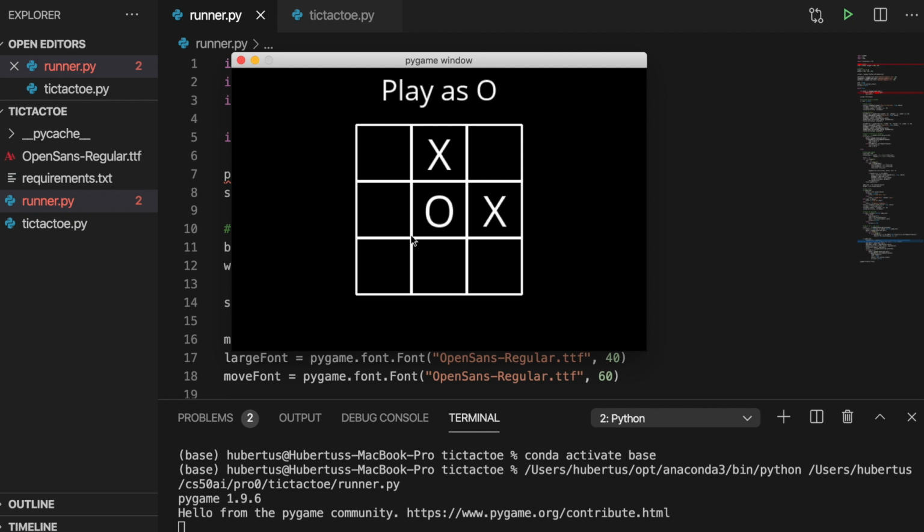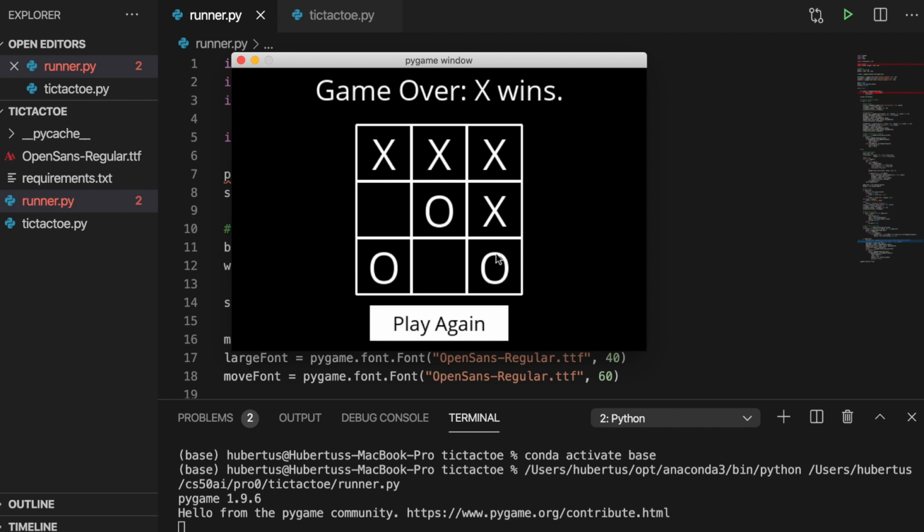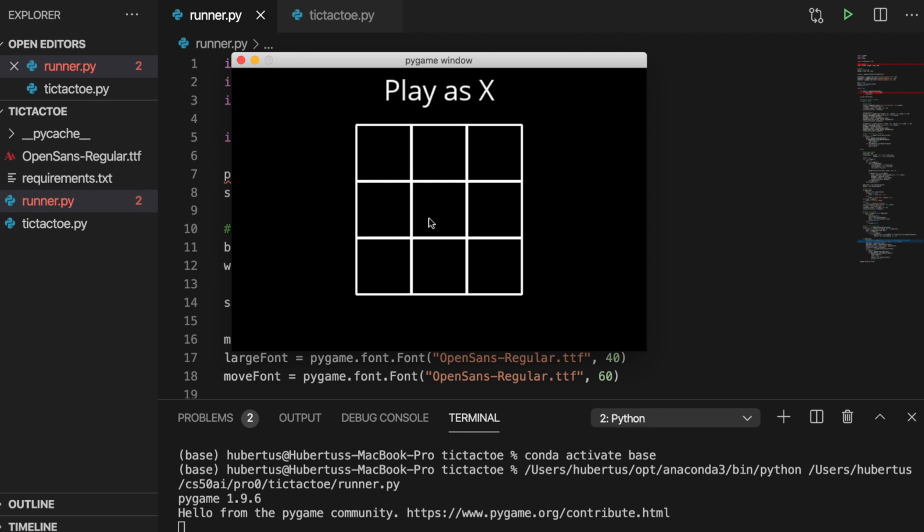Let's place it here, then there. Okay, so now we will lose. Yeah, so the AI wins the game here again. So let's start out again. We will place it here,